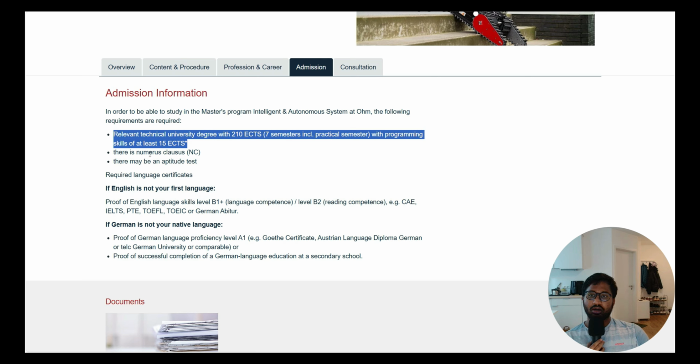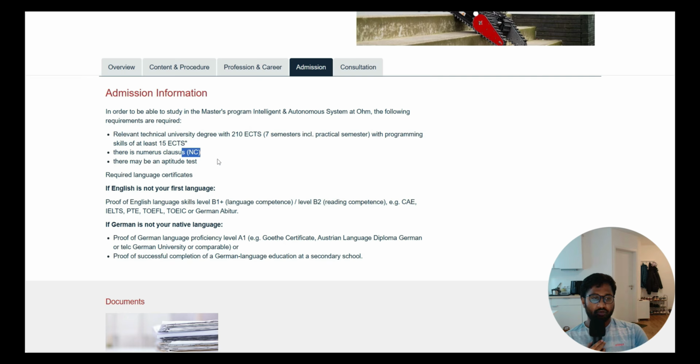Then there is the numerus clausus. If there is a numerus clausus, then it is an NC course, so it is a fixed number of seats. For example, only 30 seats will be there, then only 30 seats will be filled. There is no extra, because NC-free is another kind of category where you have unlimited seats. People who fulfil the requirements will all get an admission. They say if it crosses a certain amount like 120 or 180, then they will take a decision. But NC-free usually means whoever gets the requirements matched will get an admission. But if it says only NC, then it is fixed at 30 seats, so only 30 people will get